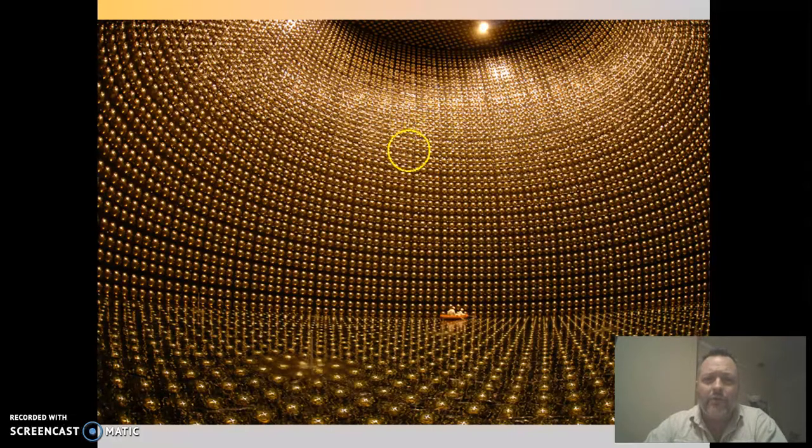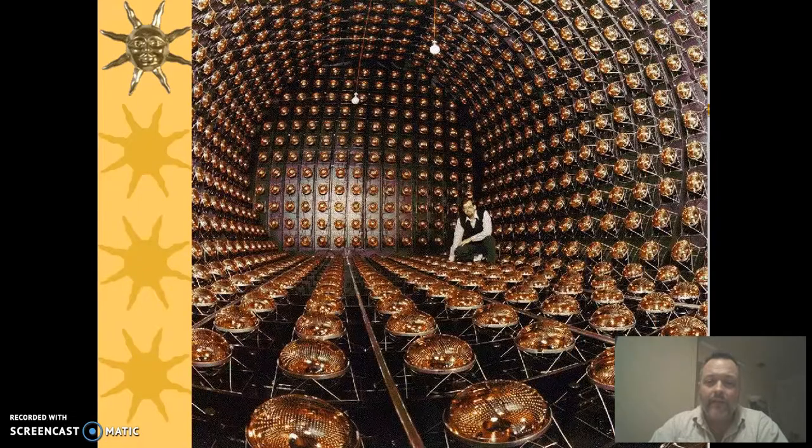Here's an example of a neutrino detector in Japan. That's water. It's what's called heavy water. And that's a raft out there. And this is deep underground, to where the only thing that can get down that deep through the earth without hitting anything is a neutrino. And every once in a while, a neutrino will hit a molecule and actually release energy, and then these bulbs